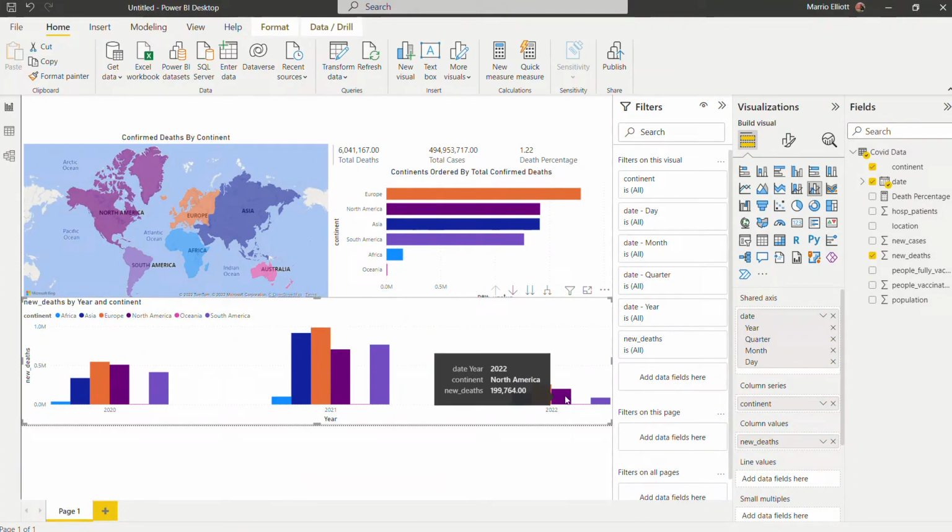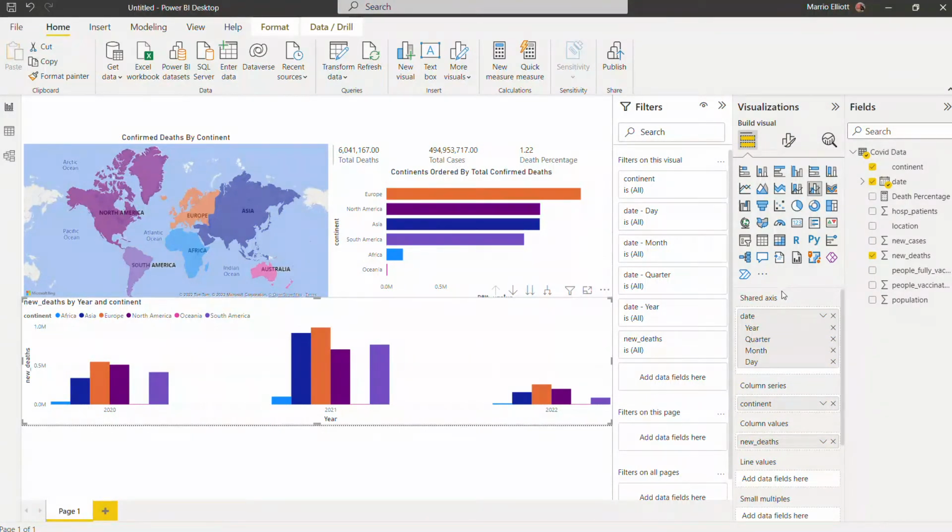So, and then now these are year-to-date numbers as of whenever you downloaded your data. So for me, that was from the first video. That's when I downloaded the data. But for you, when you start to work on this and grab data from ourworldindata.org, your 2022 numbers would be different because it'll possibly be updated by the time you start to work on it. But yeah, let's go ahead and